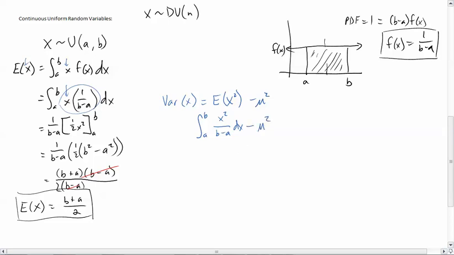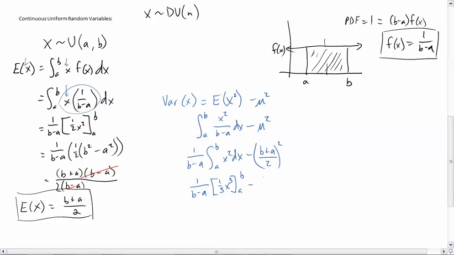Now from here, again, b minus a is a constant, so I can pull out the 1 over b minus a. Integral from a to b of x squared dx. And the mu, of course, is just the expected value, which I already have. The other one, expected value of x squared, I didn't have, so I had to find that one out. So I've got b plus a over 2 squared. And from here I can take the integral, so that's going to leave me with 1 over b minus a, and then 1/3 x cubed evaluated from a to b, and then minus this whole thing,